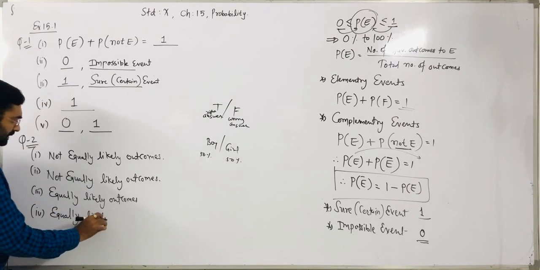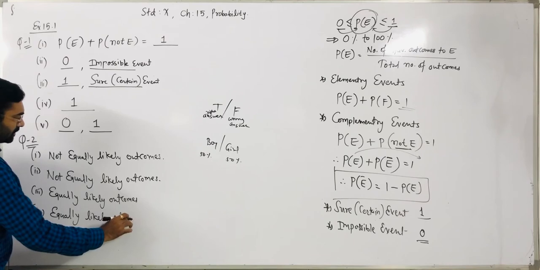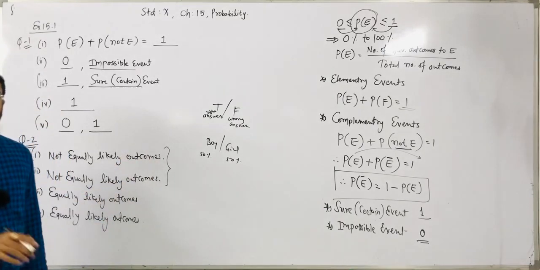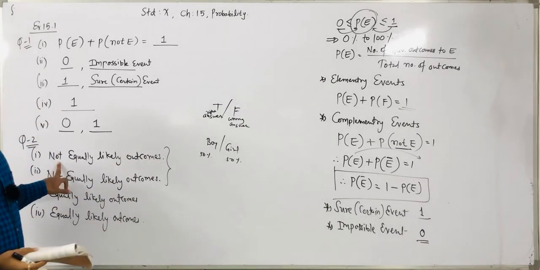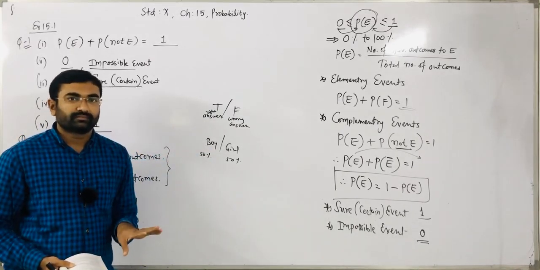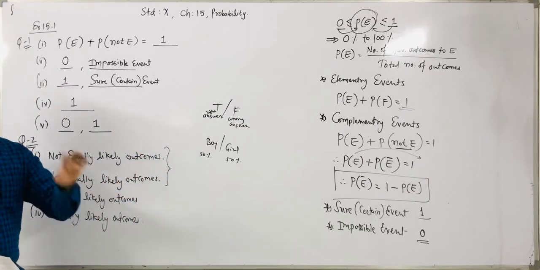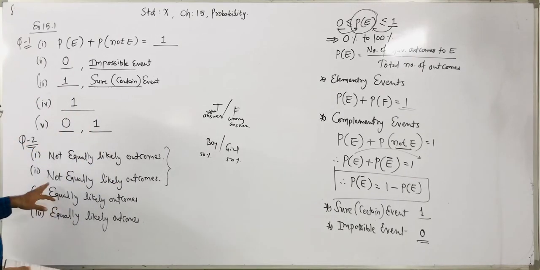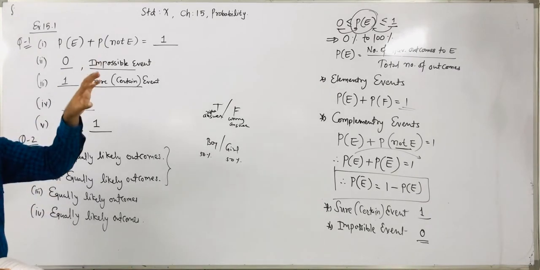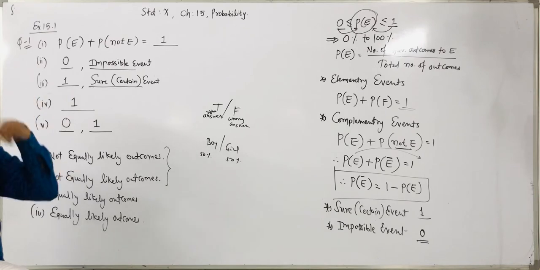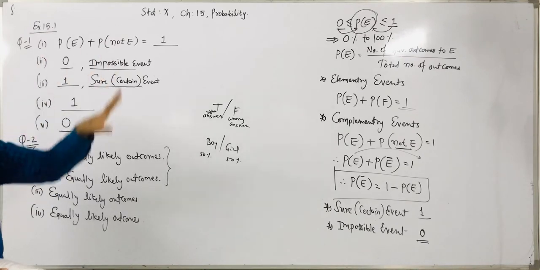Now remember, don't be confused here, because in the first two cases the outcomes are not 50-50. You cannot say that in the first trial the driver starts the car and in the second trial he does not, because whenever a driver starts the car, in 90 to 95% of cases the car starts. In the same way, a player shoots a ball. A player has the skill of shooting, so 70 to 80% of the time he makes the shot.